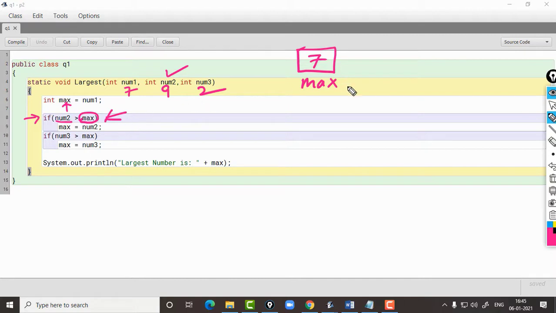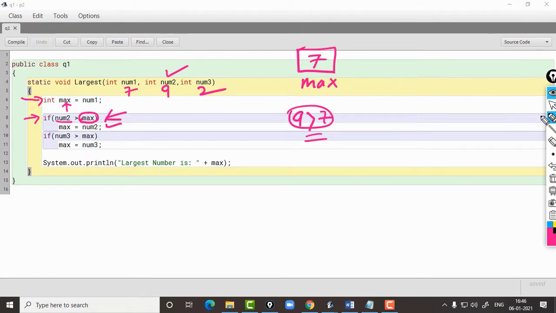So here the condition becomes 9 greater than 7. This condition is true. That means our assumption in line number 6 was wrong, so we need to update the value of max. That update is happening here on line number 9.